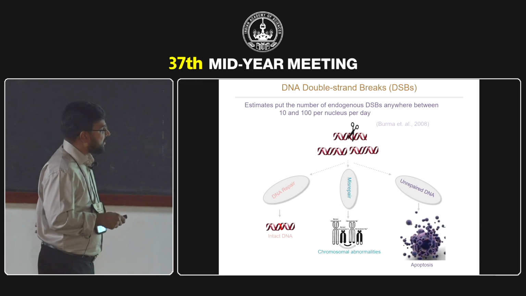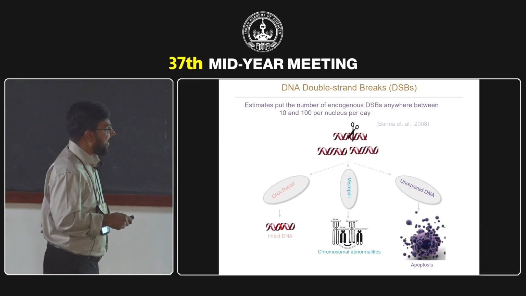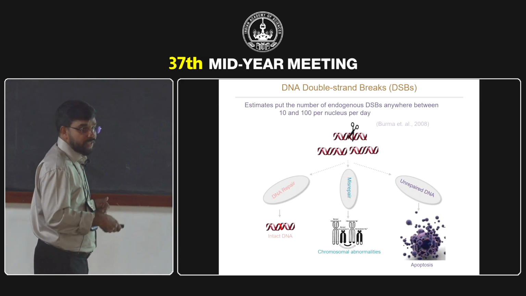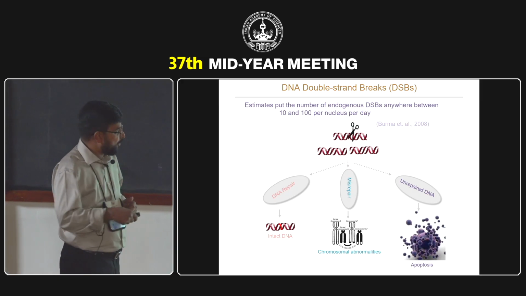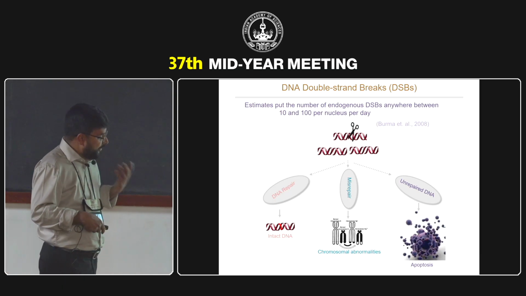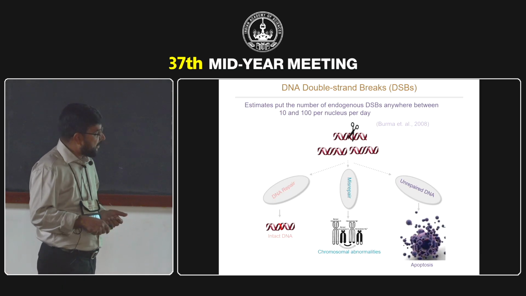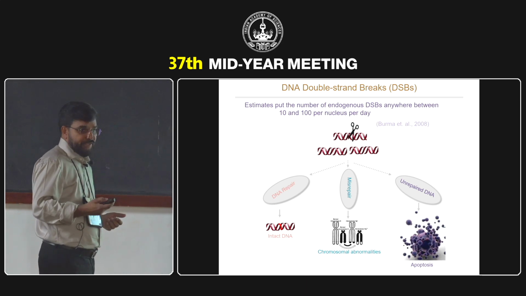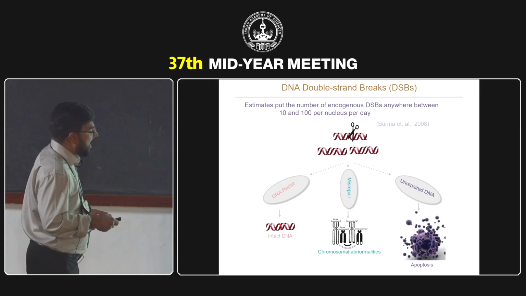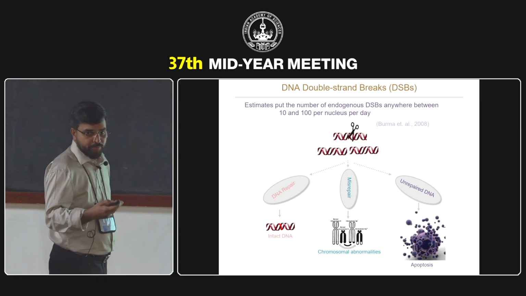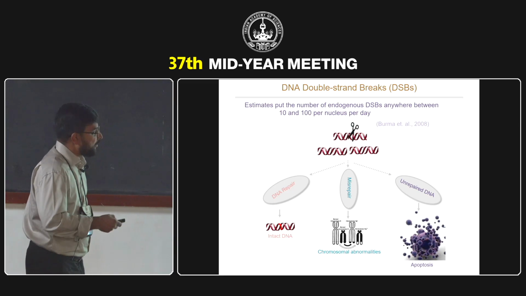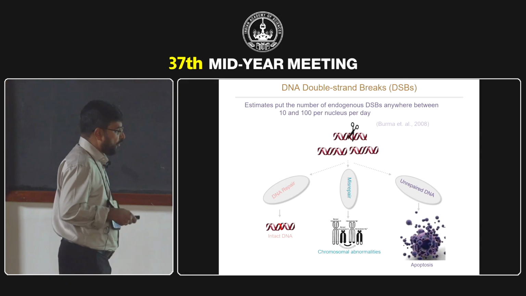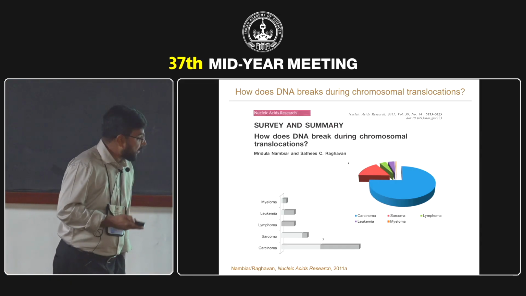But in cases when misrepair of the DNA ends or the chromosomal ends happens, that is where chromosomal rearrangements, translocations and such kinds of abnormalities take place, and they could lead to various diseases, including cancer. There are cases when no repair takes place in the nucleus, and that leads to cell death through different mechanisms. My lab essentially works on all these aspects, but today I'll be focusing more on chromosomal abnormalities associated with